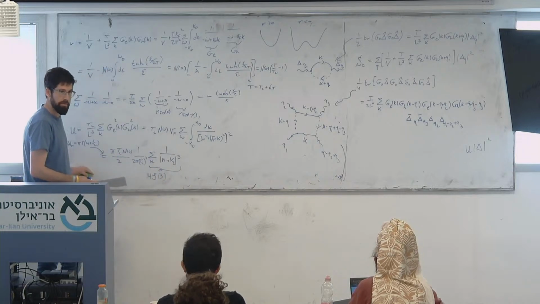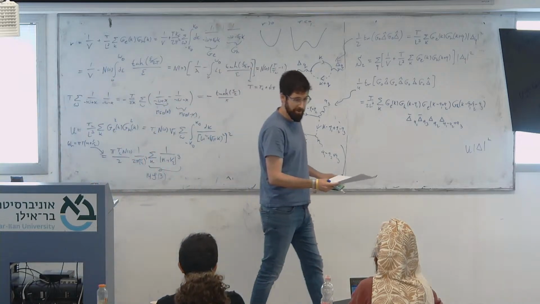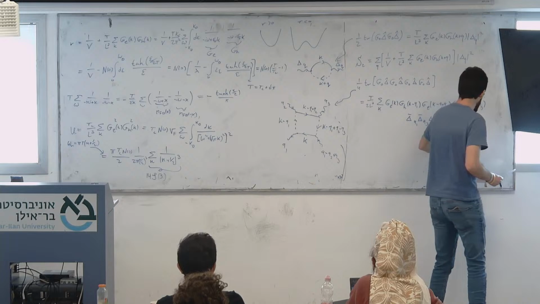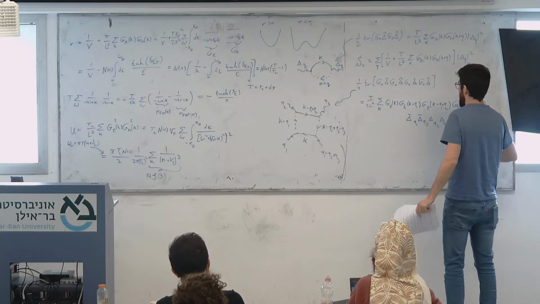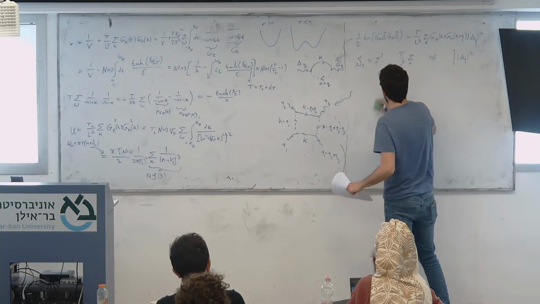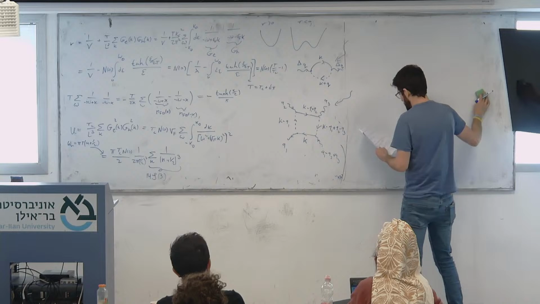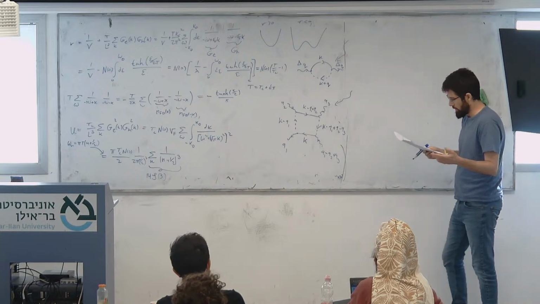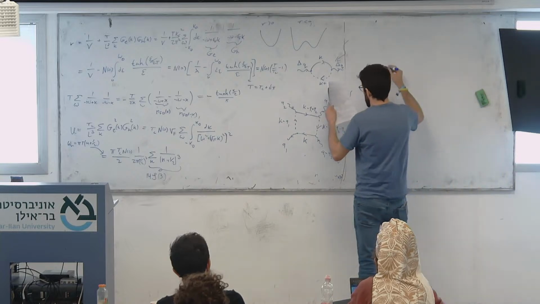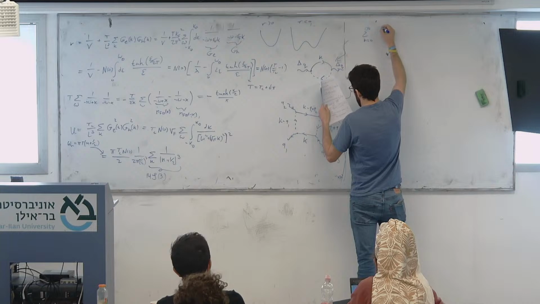Do you believe me? Of course. But it's very easy to show. Actually, this is kind of funny. Not that it's related in any way, but it's kind of nice to show it. Is it with the polylogarithm? No, it's much easier than that. It's kind of straightforward. 1 over (n plus 1/2)